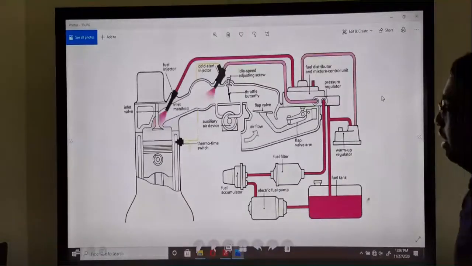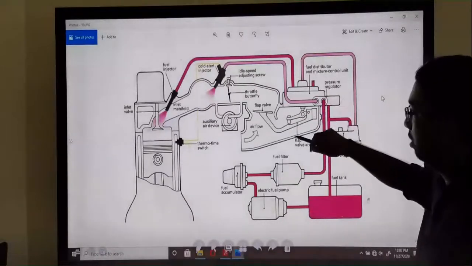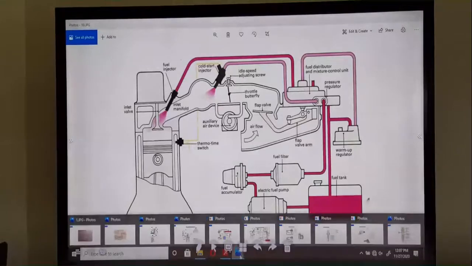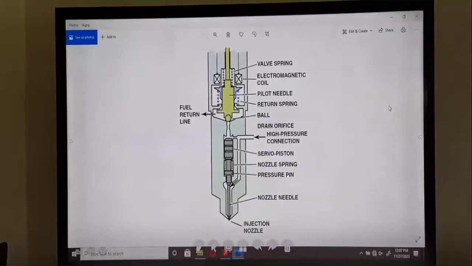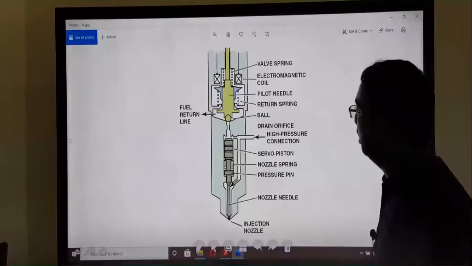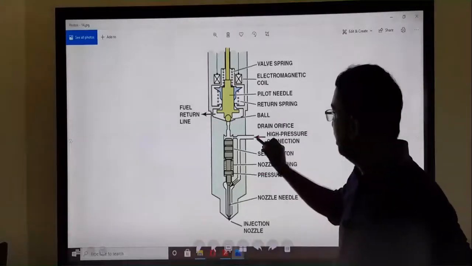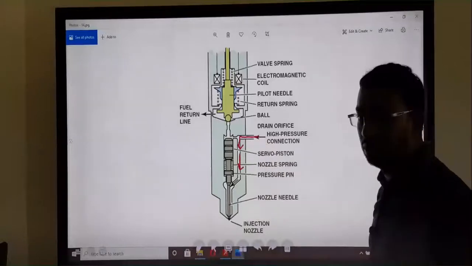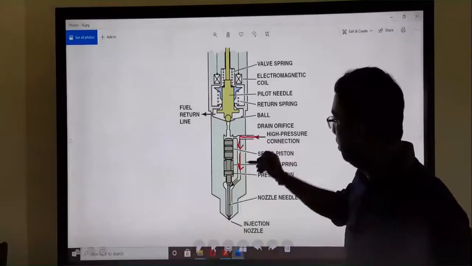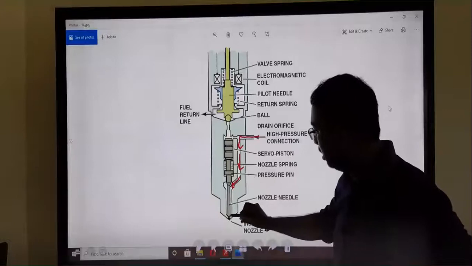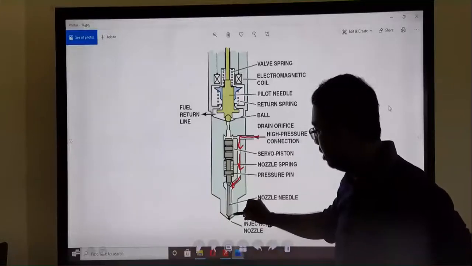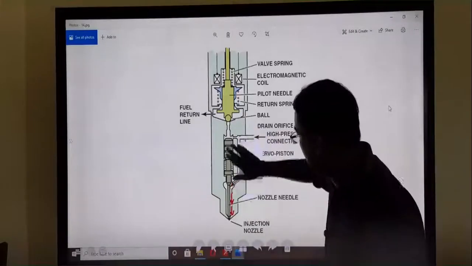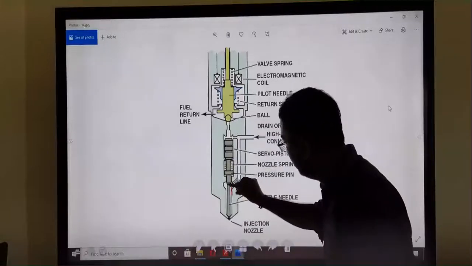So this is all. I told everything: the fuel injector, idle screw, thermotime switch. So now we study about that in the injectors. This is the cutoff model of the injector, how it's working. Okay, the fuel comes like this. This is the supply fuel, it comes like this and comes here. So here the nozzle is touching this area, so there is no gap. So this injector is filled with this area.